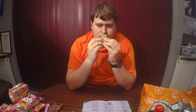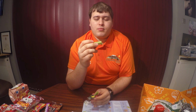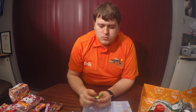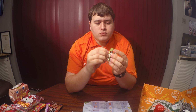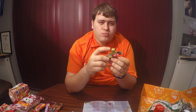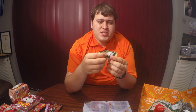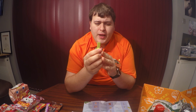So I can smell some citrus in there with a kind of sweetness. Matcha on its own can be quite bitter, that's why it's not too bad when it's a chocolate because it's usually quite sweet. That's quite nice actually. I kind of got a hint of matcha straight away, but the more I ate that,